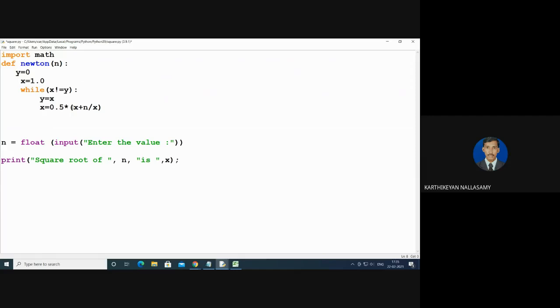Instead of printing, I'm going to return the value of x. The function call passes the value of n to the function. The logical part, everything will be moved there. The indentation is very, very important, so give proper indentation, otherwise an indentation error will be created.